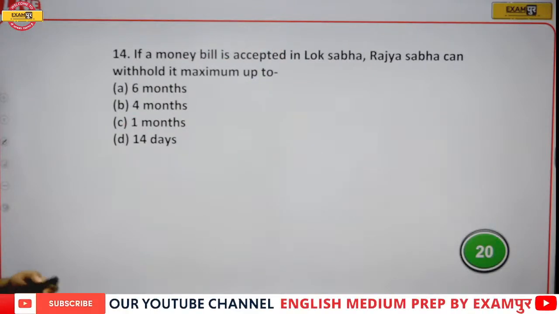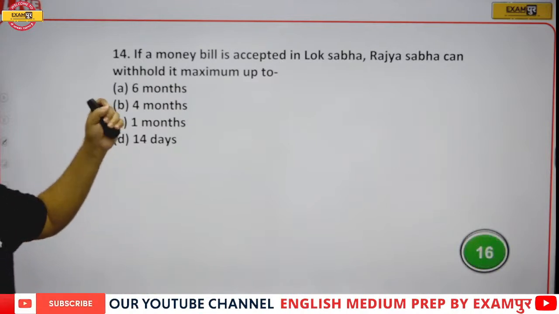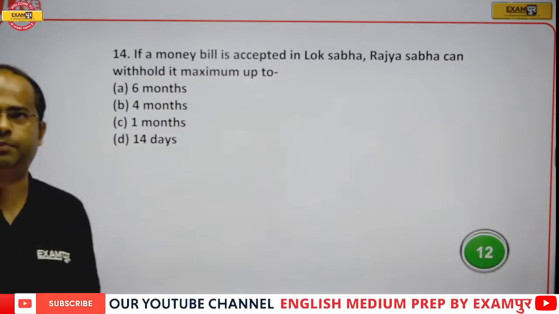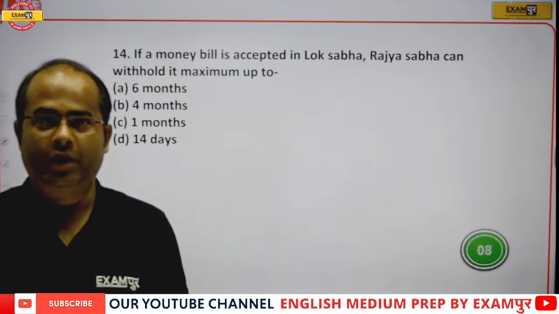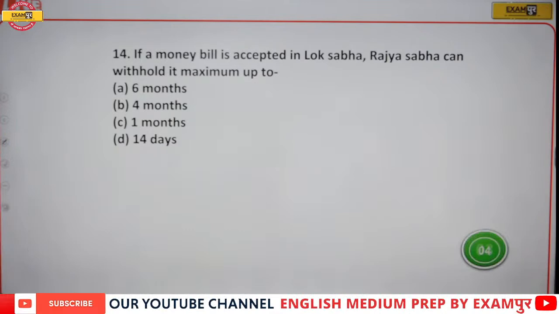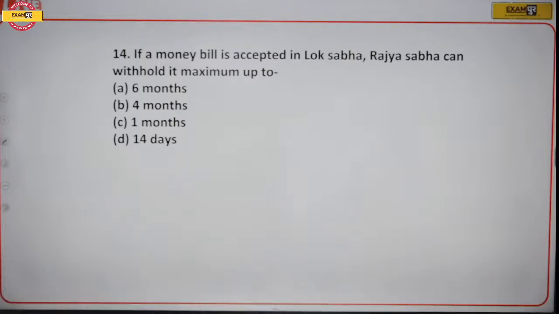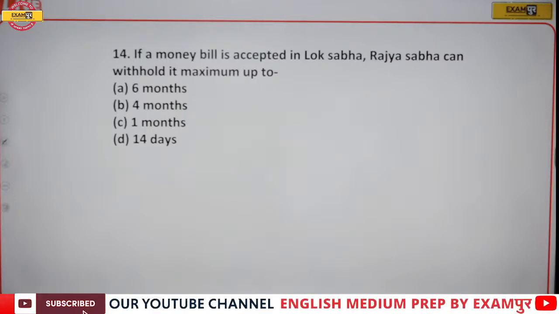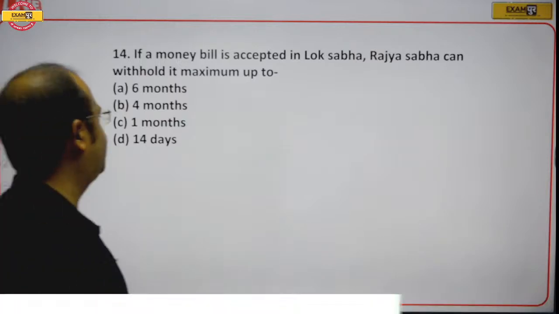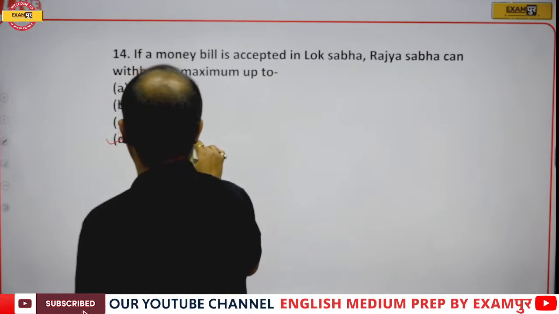Okay, now guys, come to the next question. If a money bill is accepted in Lok Sabha, Rajya Sabha can withhold it for a maximum of how long? So if the money bill is accepted by Lok Sabha, for how much time can Rajya Sabha detain the money bill? Very easy question, guys. Rajya Sabha can detain a money bill for a maximum of 14 days, and within